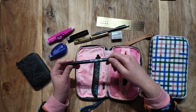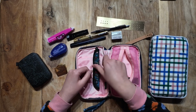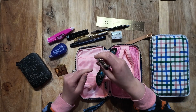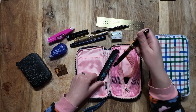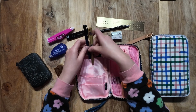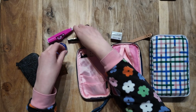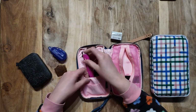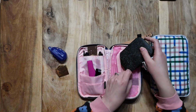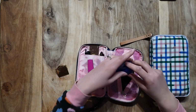So I've got my Tombow brush pen for any lettering that I plan on doing, and I have my fountain pen that I've been using at the moment, which is just inked with De Atramentis Document Blank ink. And the fact that, again, everything is in one place means that I don't have to go searching for loads of equipment. I can quickly take both of these things out and come straight in to do my journaling, and an hour a week is all it's taking to produce what I think is going to be